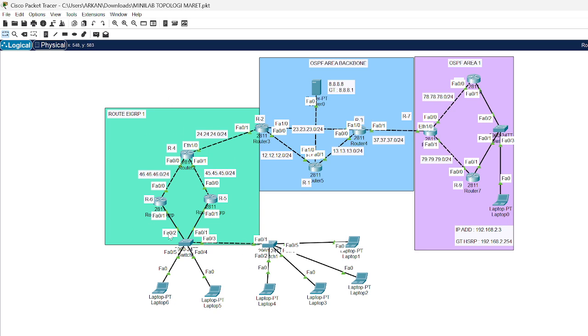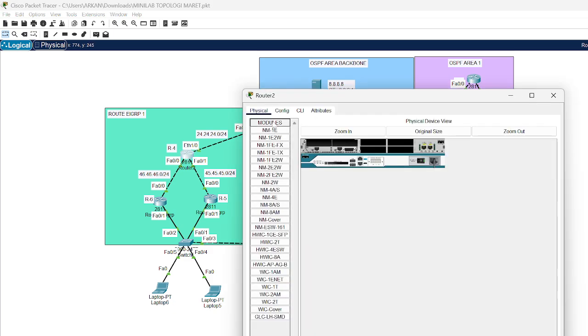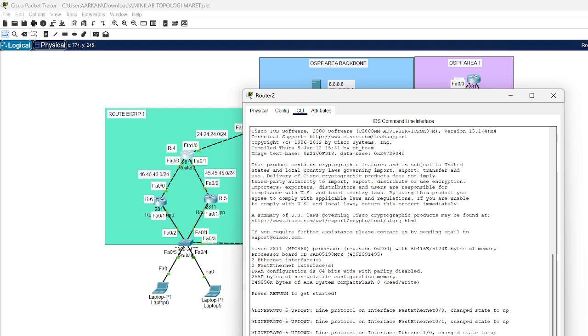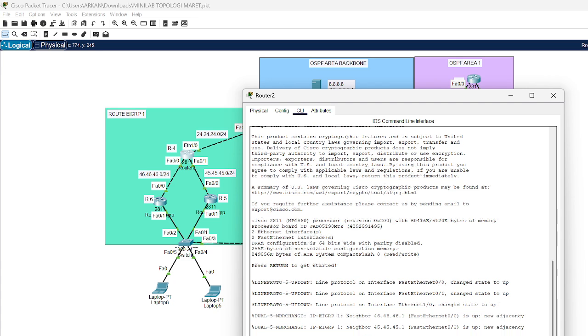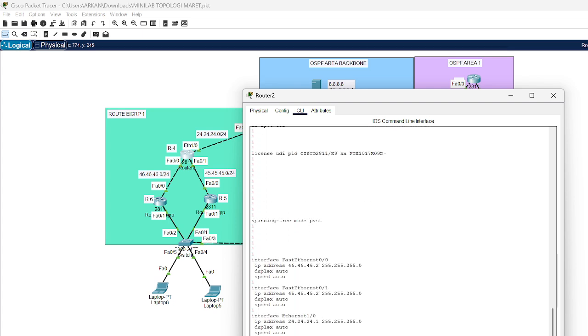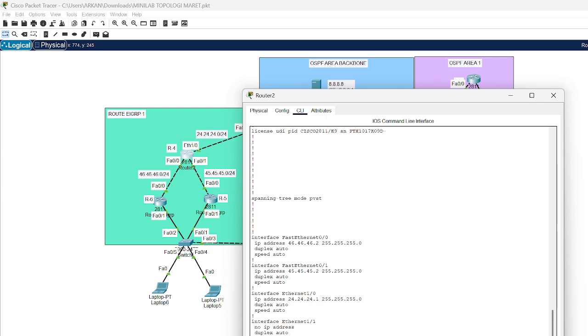In this router, I show you the show run. Okay. In this router, I make three networks: network 46.46.46.2, and network 45.45.45.2, and then in Ethernet 1/0 I make network 24.24.24.1.